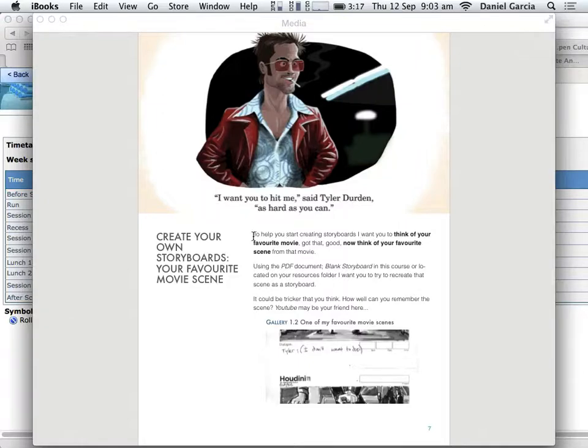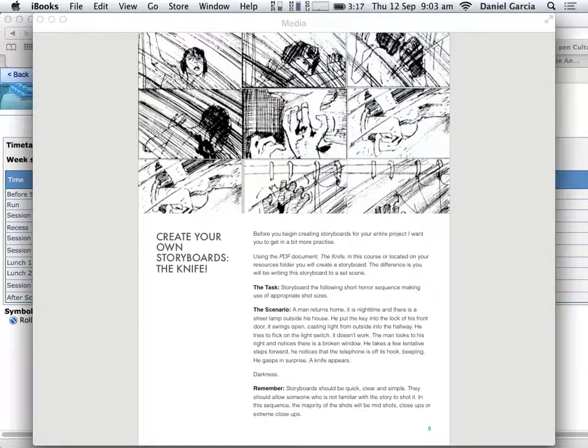Okay? The second step, Joshua, is you will be making a storyboard for a scene that I have written. So here's a scenario here, and you will be actually doing the storyboard for this scenario. So you can see it's going to the next level now, because now I've taken away the visuals and I've just given you words to describe what you're seeing. You'll be making the storyboard for that. The panels for this storyboard, the blank PDFs, are on the server, so you can use them from there. Or like Durson is doing, which I think is an awesome idea, he is actually using SketchUp to draw them on his iPad, he's not even using paper. Lovely Durson saving trees and dolphins.